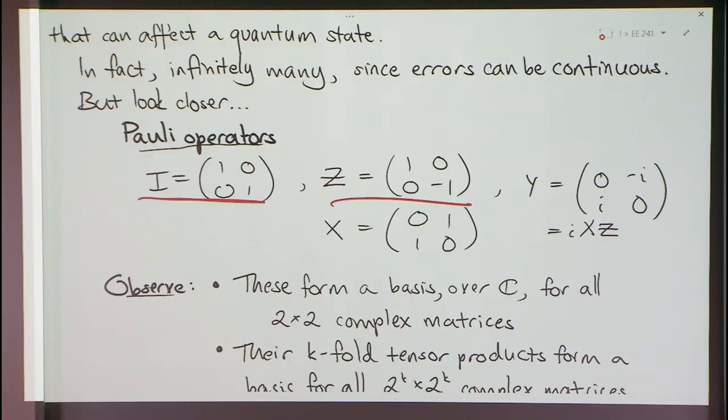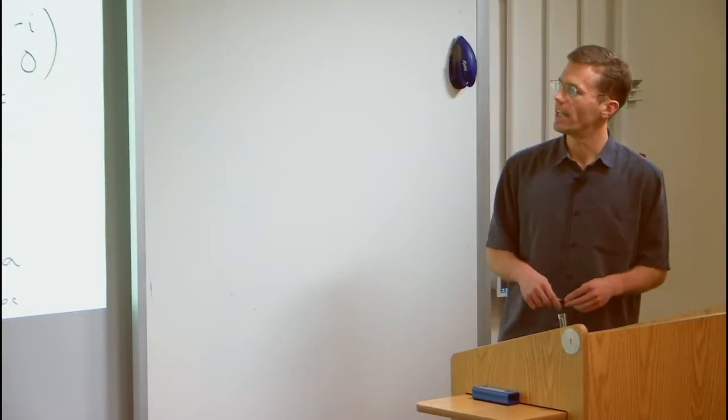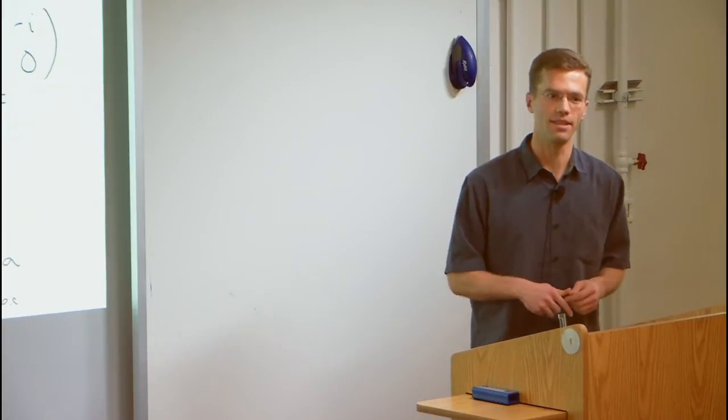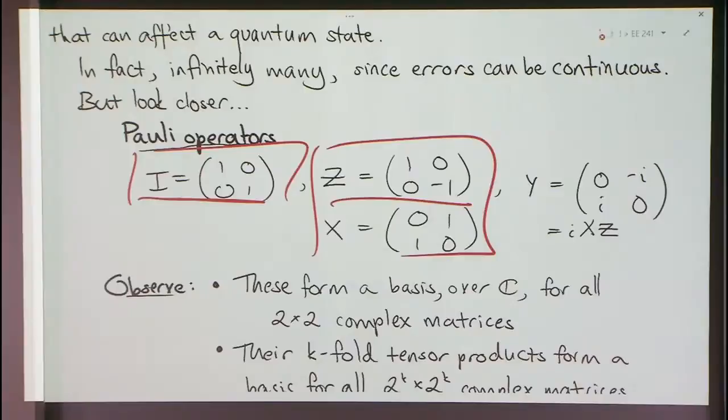It's kind of important to remember the identity, and you should probably try to remember Z and X as well. So Z takes cat 0 to cat 0, and it takes cat 1 to minus cat 1. And X, it's nice, it just flips things around. It takes cat 0 to cat 1 and vice versa. Okay, so that's how you can remember them. Y you can't remember very easily.